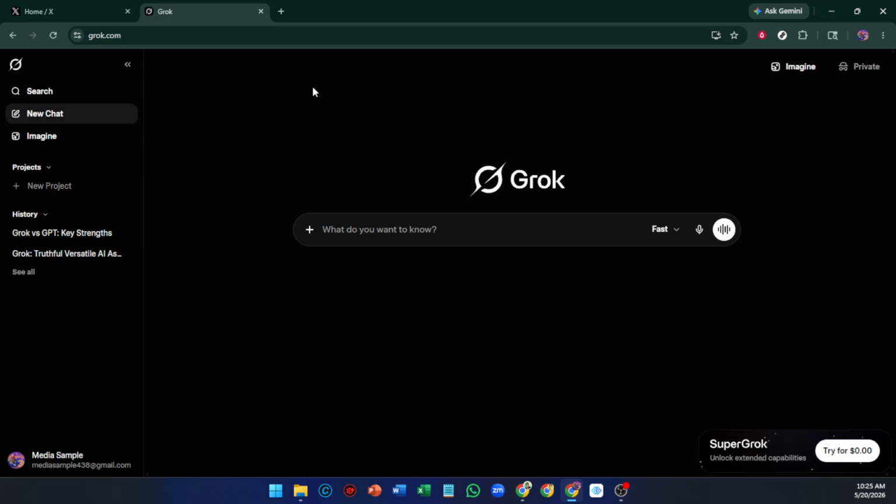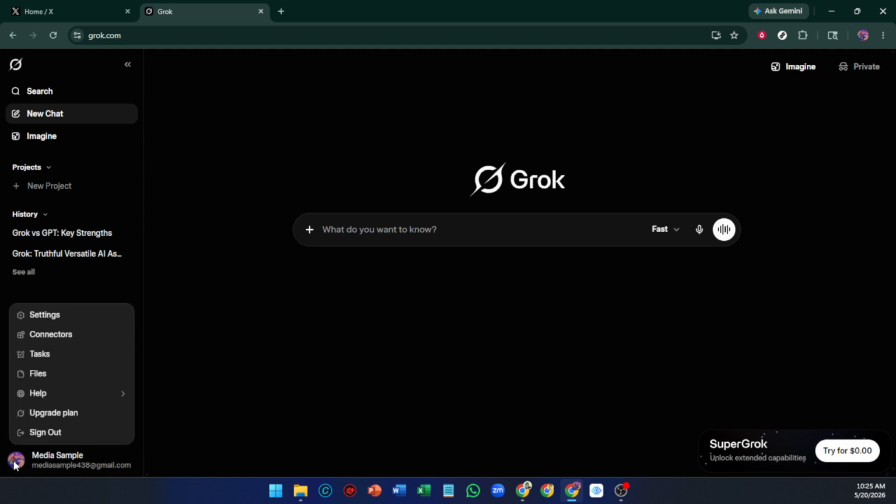Next, look for your profile area. On desktop, you'll typically see your avatar or initials in the upper right corner of the page. Click it to open your account menu. On mobile, you may need to tap a menu icon first, then your profile. If you manage more than one account in your browser, double check that you're on the one you want to